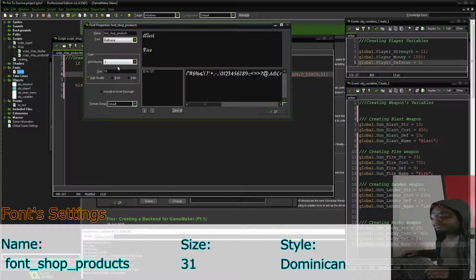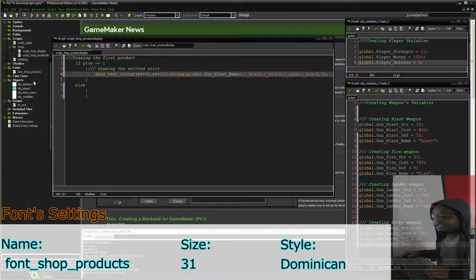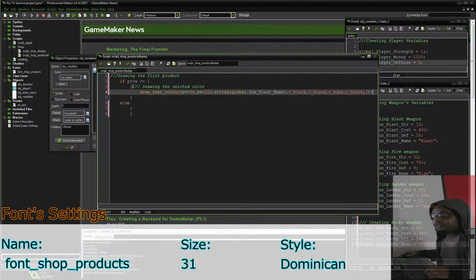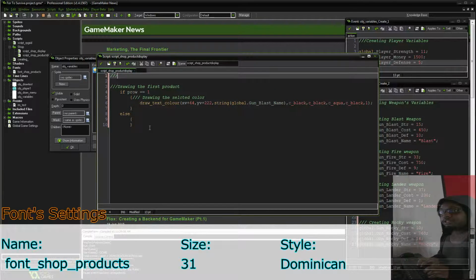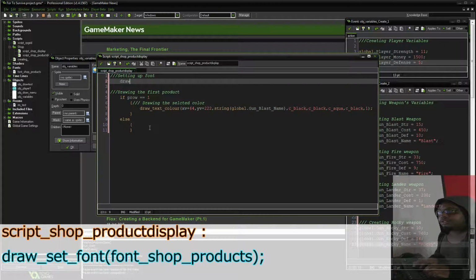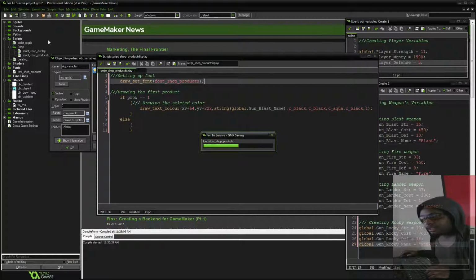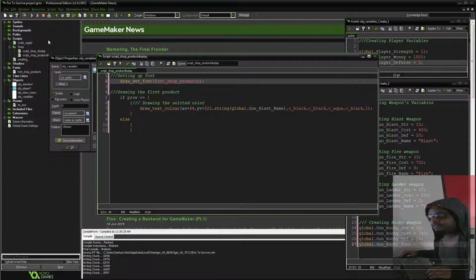Sure, let's use this one. So let's change this to, I think, 27. 27 should be good with this kind of font. Click OK. And now we need to go ahead and draw, or set up this font, I mean. So, setting up font. Draw set font, and it is Font Shop Products. Just like that. Okay. So yeah, we probably will have to change some of our locations for X and Y,